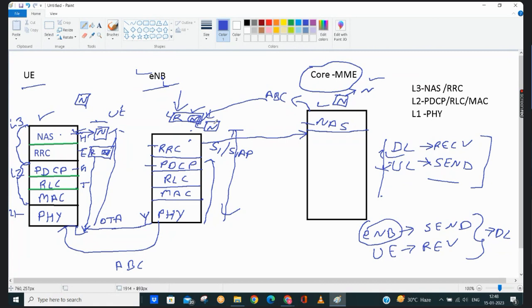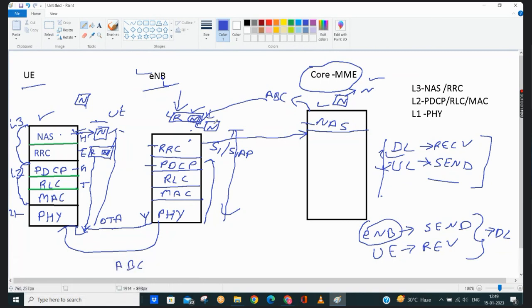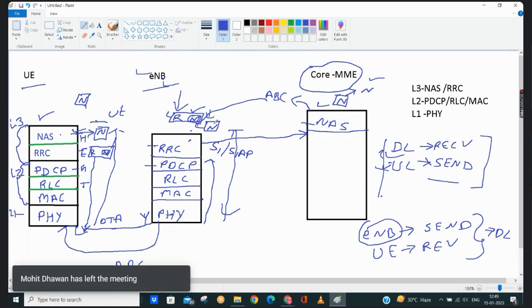Whatever request we are exchanging between eNodeB and MME with S1AP. My question is, if there is a message from core to the eNodeB, will it be a downlink message? No, that is not defined.